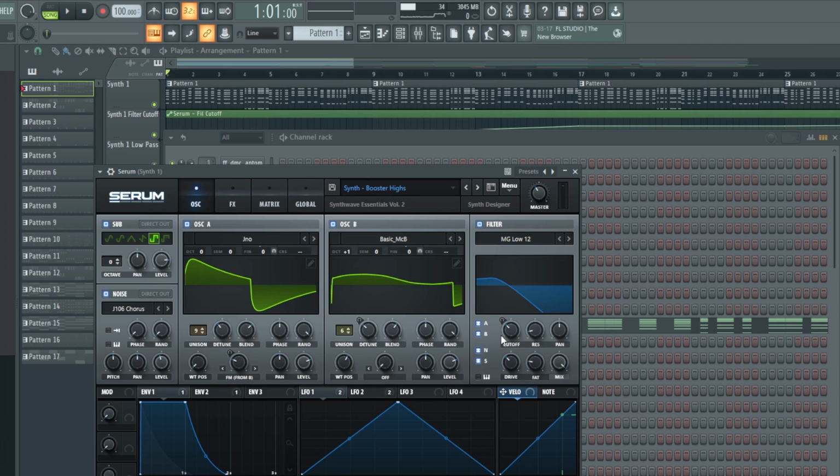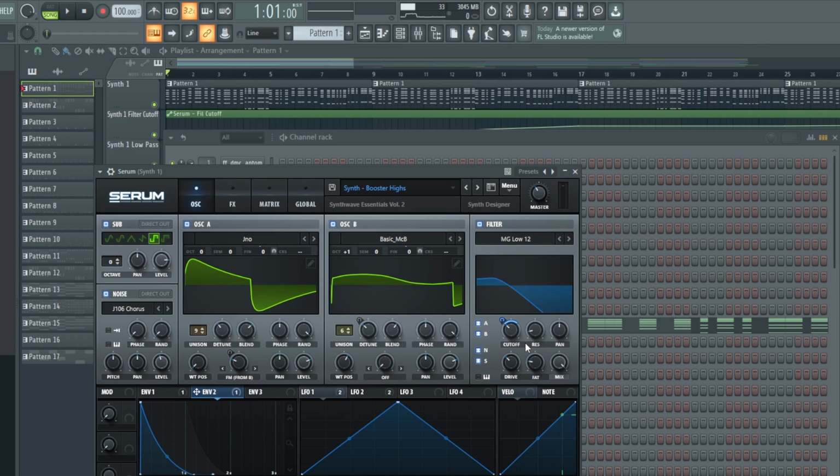So you can see it went all the way from over here to over here. And as the song progresses, you can see it's just slightly opening up more and more. Now I have Envelope 2 connected to it, so on every chord hit, it essentially opens it up. But I have it on a set fixed rate to only open up this much, as you can see here on Serum, which is a great thing about Serum or Vital, for example: you can see exactly how much it's opening up. So I have that set up just to have a fixed rate opening up,